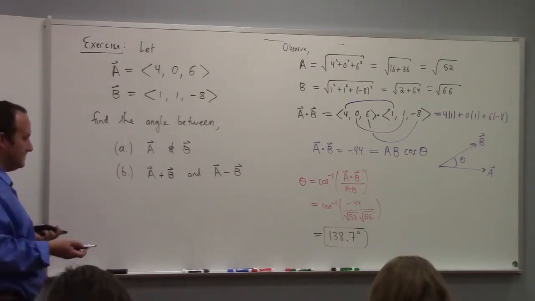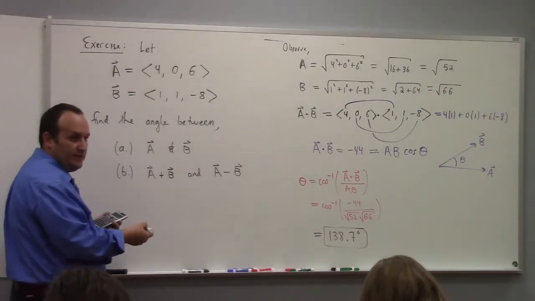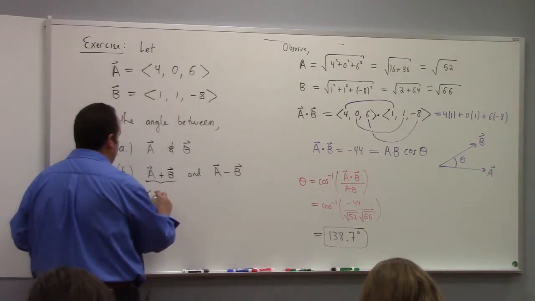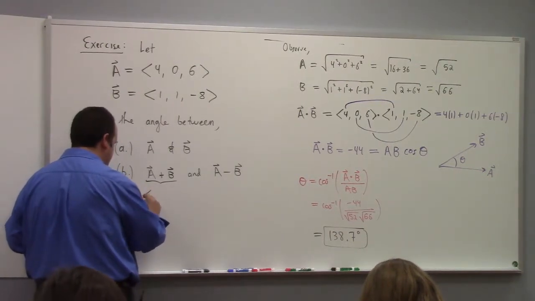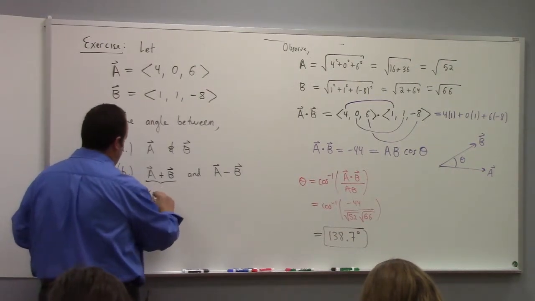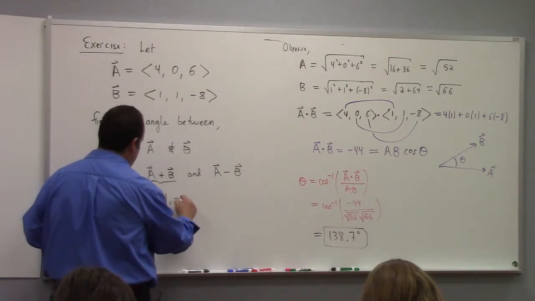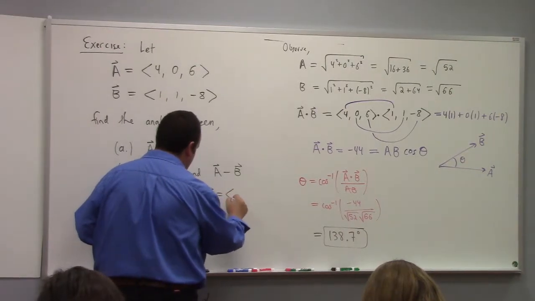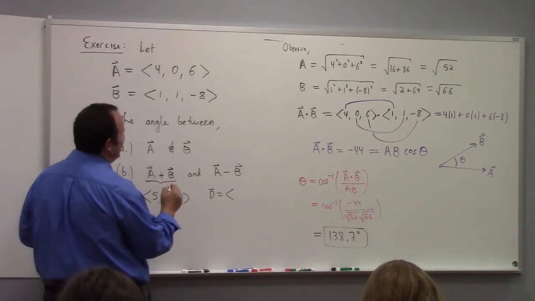How about part B? To find the answer to part B, what we got to do is what's A plus B? Let's call that C, right? So the C vector, which is A plus B, is 5, 1, minus 2. And let's say that A minus B is the D vector, just to give it a name. A minus B, well,